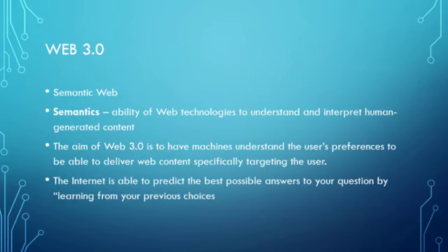Okay? So next we have Web 3.0. It is called the semantic web. So again, Web 1.0 is static web. Web 2.0 is dynamic. And then Web 3.0 is semantic. Okay, so what does semantic mean? You know, it is the ability of web technologies to understand and interpret human-generated content. The aim of Web 3.0 is to have machines understand the user's preferences to be able to deliver web content